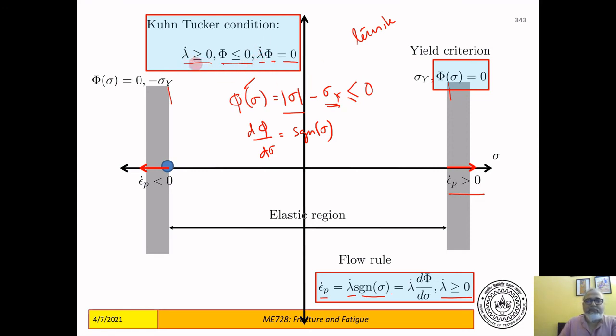On the other hand, if lambda dot is greater than 0, then for this condition to be valid, phi has to be equal to 0, which is the case when you have plastic loading. Then phi is equal to 0. Phi is then stuck at 0, whether you are in the tensile regime or compressive regime. Phi is stuck at 0, and therefore these Kuhn-Tucker conditions give you this whole story that I have tried to explain through these past 3 slides in one single very succinct condition. Okay, so